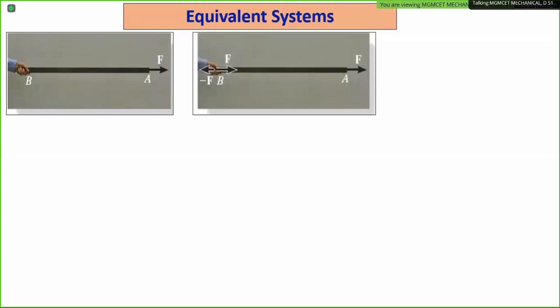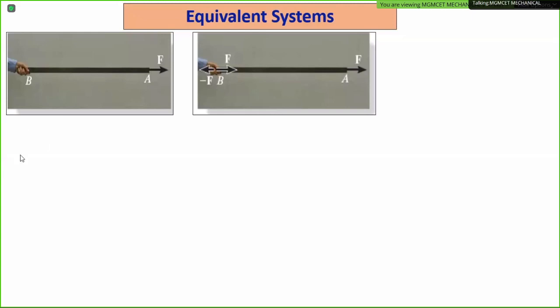So it can be shifted like this. Compare the two figures. The same force F acting at A, I have to shift to the point B. तो उसके लिए मैं क्या करूंगा, at point B, I am adding two forces, one acting towards left and one acting towards right. दिख रहा है इसका second diagram? I have to shift the force F to the point B so that the effect will be the same. So to get that, I am applying two forces of magnitude F, one acting in right direction, another acting in left direction.